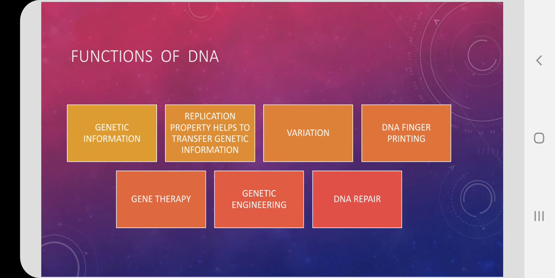And genetic engineering, that is biotechnology: all genetically modified organisms have been produced with desirable characteristics only due to the catalytic function of the DNA. So DNA is the most important macromolecule in the cell, which helps it to function properly and gives information to the cell to carry out all the activities of the cell, and it also transfers the heredity information from one generation to the next.